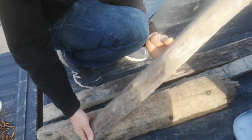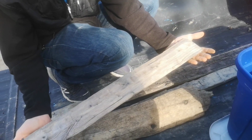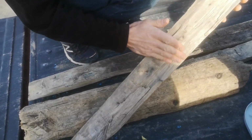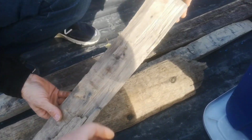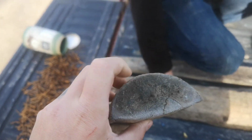This looks like a complete piece again. The end was cut here, cut there. Dude, that is so cool. Again, all hand cut. You can see the notches, like they must have been hitting this with an axe. I like this because it's just off of a cut down tree, obviously. But that's like a roll top. I could make...